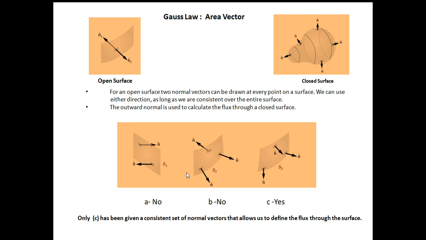Here we will consider some examples. This is an open surface. This is slightly curved. Area vector or the normal can be drawn here or here. But if I am drawing a normal here, then this will be the direction of the area vector. If I consider this particular surface element next, then also the area vector should be like this. For closed surfaces, you need to have area vectors in this direction, outward direction only. The inward direction is not possible.